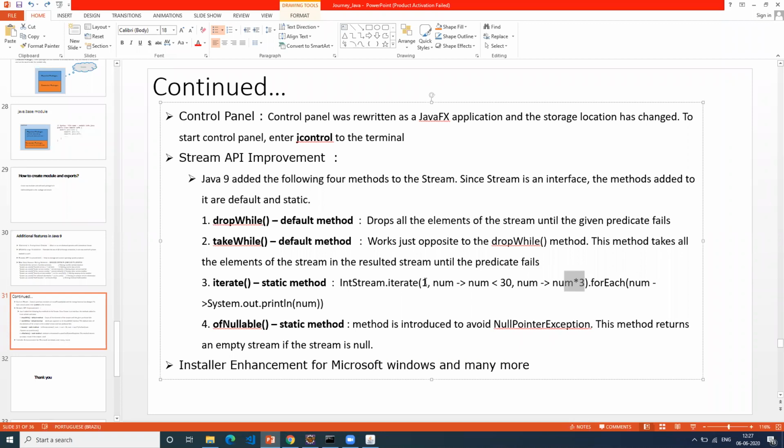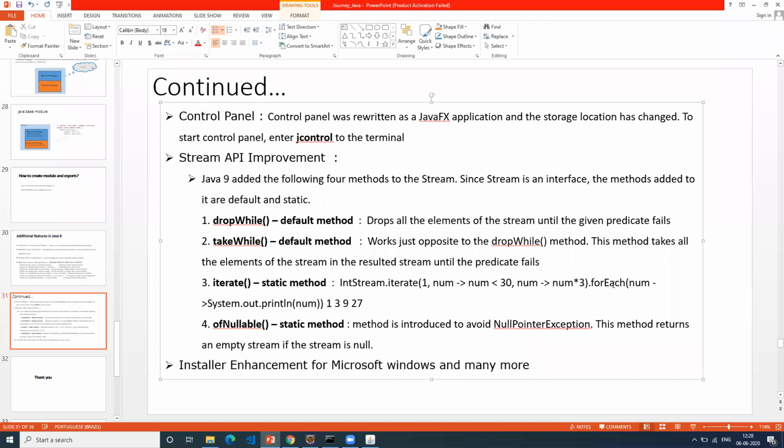That means it will print 1, then 3, then 3 into 3 is 9, then 9 into 3 is 27. So it will print like this: 1 3 9 27. That's all, because it is less than 30. That's what it is doing.